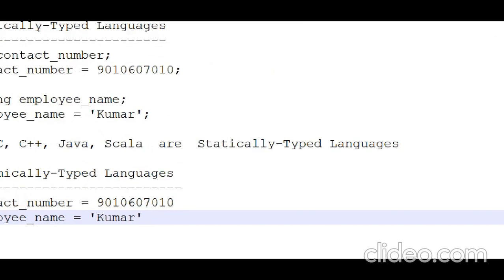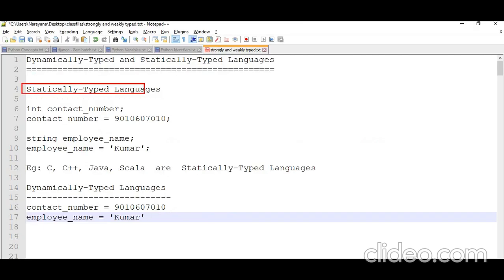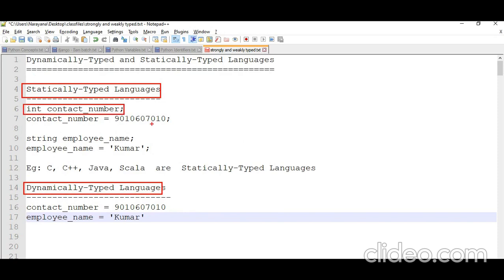So if you observe the difference between statically typed and dynamically typed, in statically typed we first define the data type and then assign the value to the variable. But here we are not declaring a proper data type; we directly assign the value to a variable. I have assigned the value Kumar to the employee name variable without defining a data type.